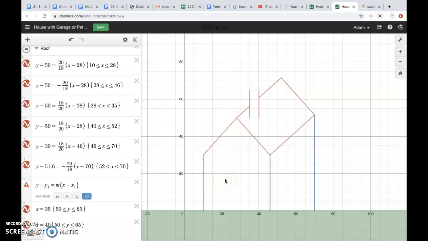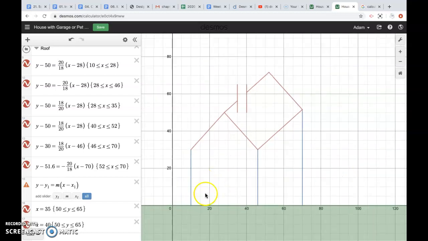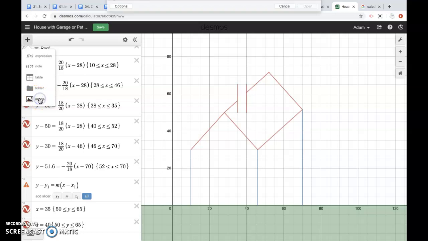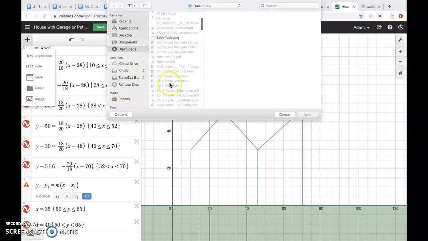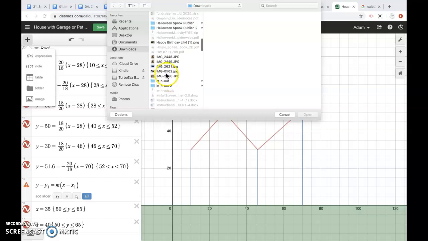Just read the requirements on what you need in the actual house and the garage. The garage would be super easy. Just kind of make a couple vertical lines, a couple horizontal lines, make it look like a garage with a garage door. Or if you want to do a pet house, what's really cool is, imagine if this is my pet house. You can go to this plus symbol right here, add an image, and let's say if you had an image of your dog on your computer, which I do,